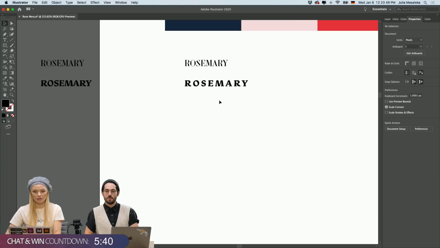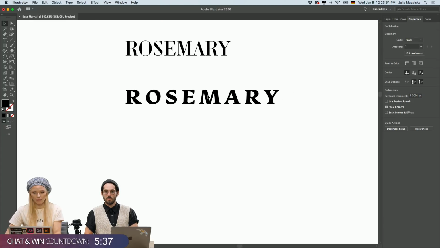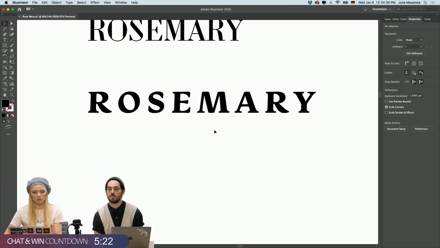And I think the boldness and the thickness of the typeface is really important, that it's not too bold and not too thin, because from a distance, the eye cannot comprehend lines that are too thin. Yep. And also for print, it can be difficult. So for logos, I try to choose typefaces that have a little bit of weight, but not too much. Cool. I think that's a great tip.